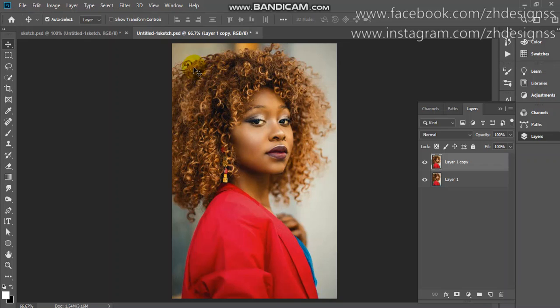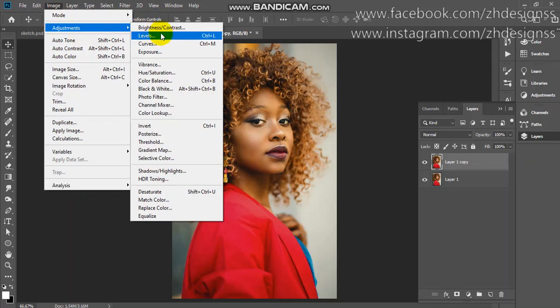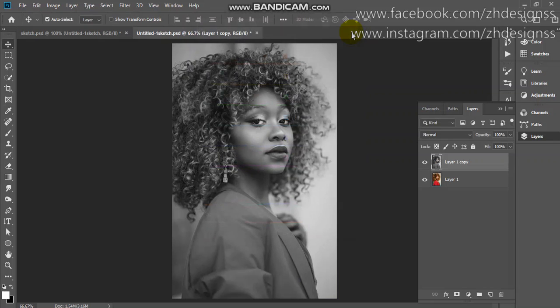Here it is almost plain, with no more details. To make it black and white, go to Image Adjustments and click Black and White. It has automatically created a black and white effect.